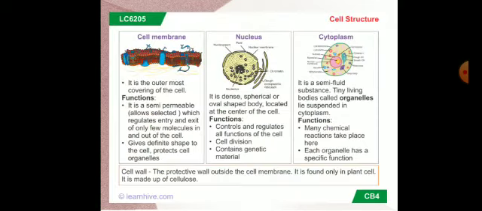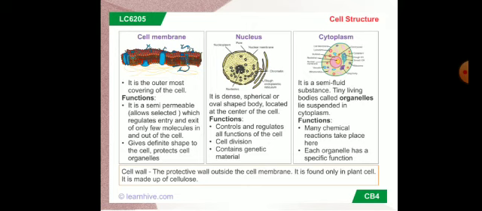Structurally, a cell is made up of three main components. The first one is the cell membrane. The cell membrane is a living membrane having fine pores. It is the outermost covering of the cell. It is made up of lipoprotein. It provides flexibility to the cell and it is semi-permeable. Semi-permeable means it allows only certain particles or substances to pass through it while it prevents other particles. It gives a definite shape to the cell. It is present in both plant cells and animal cells.